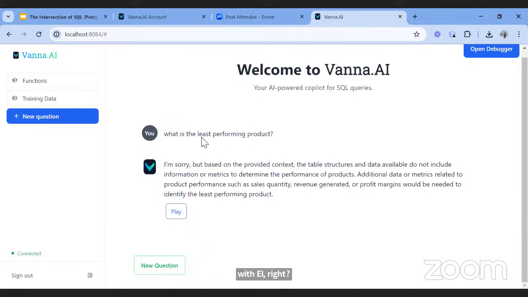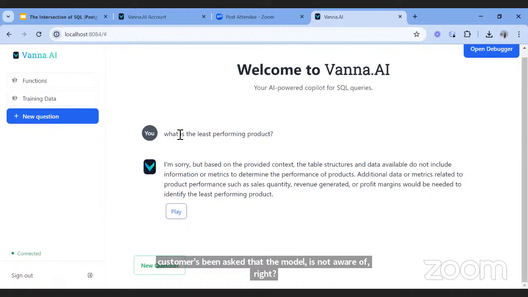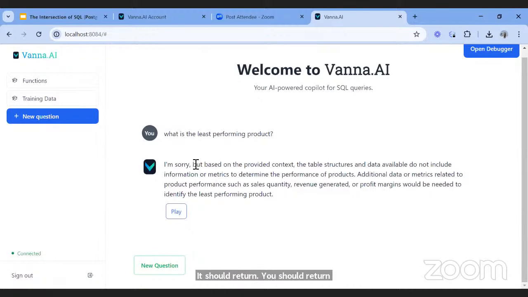You can define prompts and define your system such that when a question is asked that the model is unaware of, it should return an answer like I don't know, I have no idea. So it needs more context to reply.